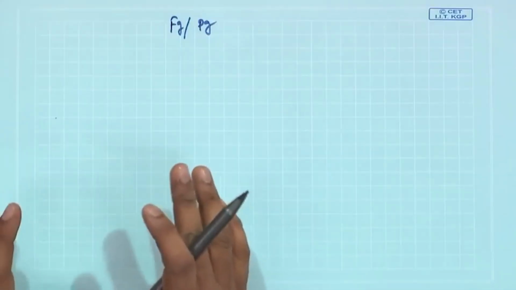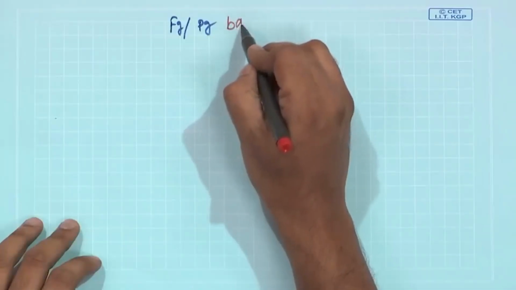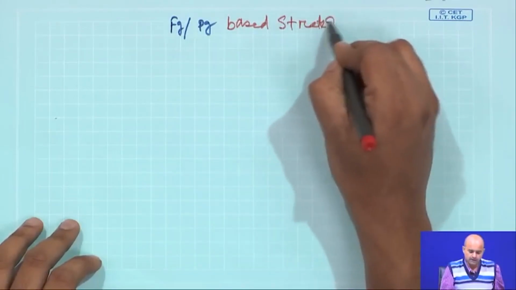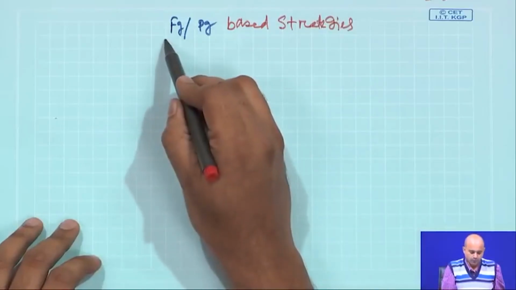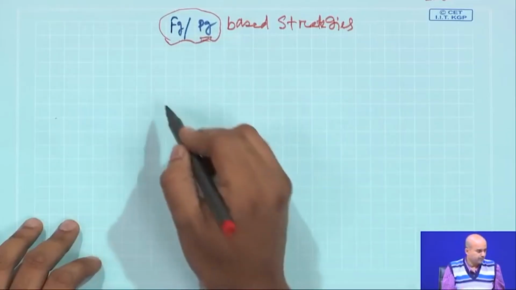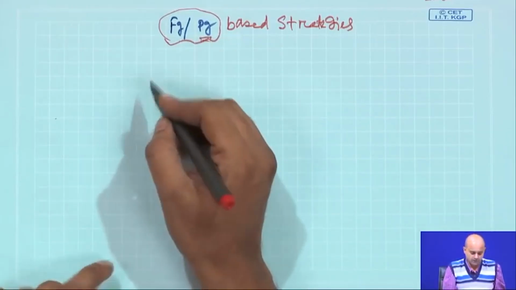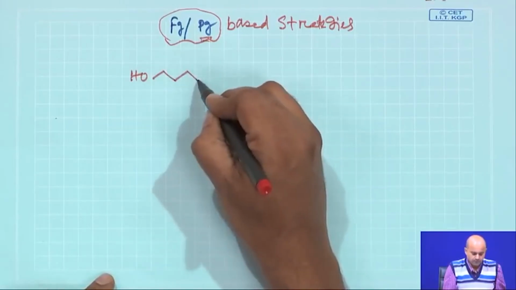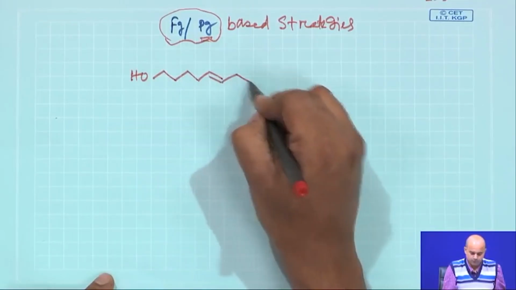So, students, welcome back. We are basically discussing several strategies, and our main focus is how you can use particular protecting group based strategies to functionally manipulate a given target molecule, and if the starting material was given, how your strategies should look like. We are focusing on functional group and PG based strategies. PG stands for protecting group. Now, this particular lecture will try to emphasize a couple of problems which selectively deal with